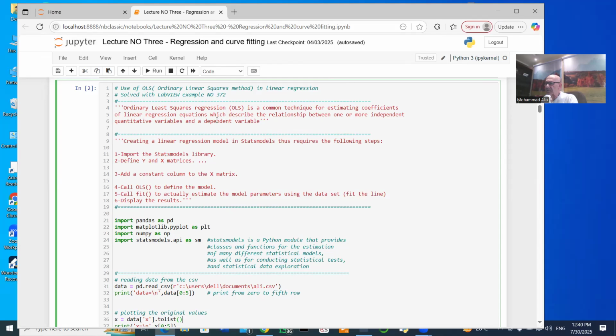The function which we are going to use is called least squares regression, ordinary least squares regression, OLS. Ordinary least squares regression is an old, tested, and commonly used algorithm. It is Python-based